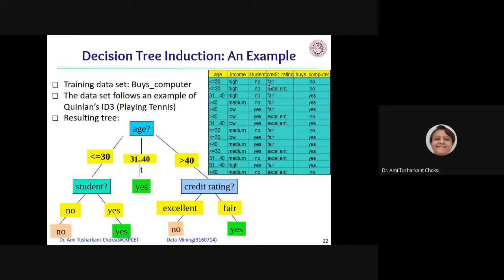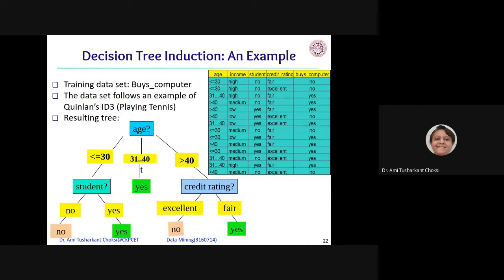No. Whether that person buys a computer? No. So this is what we see from the table, and the decision tree algorithm, using information gain and Gini index, will be able to tell what should be the next attribute which we should split.